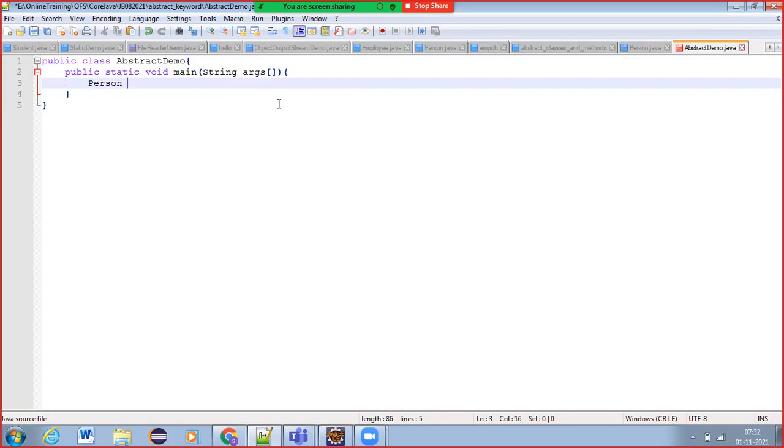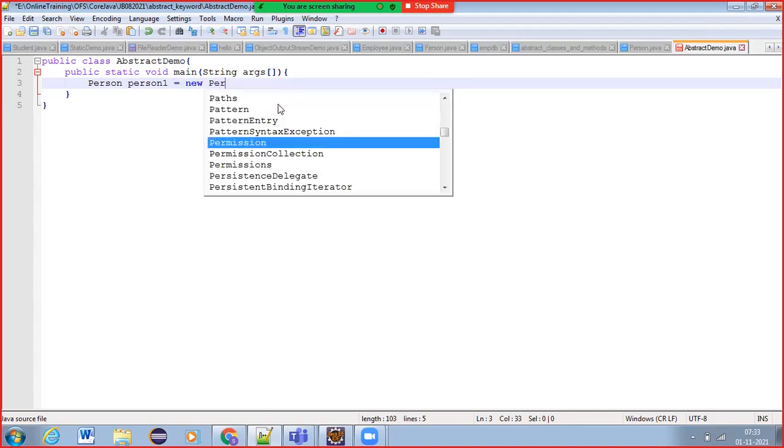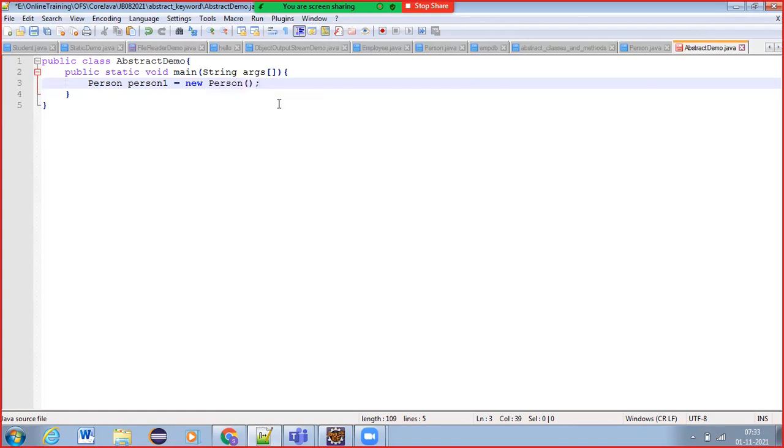So Person p1 equals new Person, but actually follow the standards. Give the variable or object names clearly, instead of p or q. Give meaningful object names, like person1, and then new Person. This is what we need to do, right?